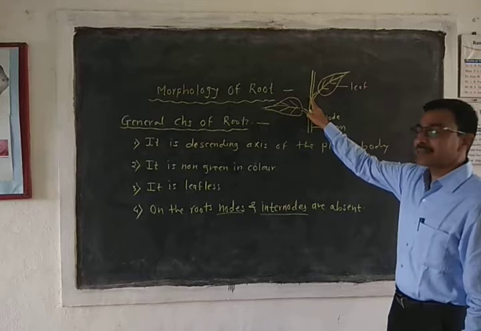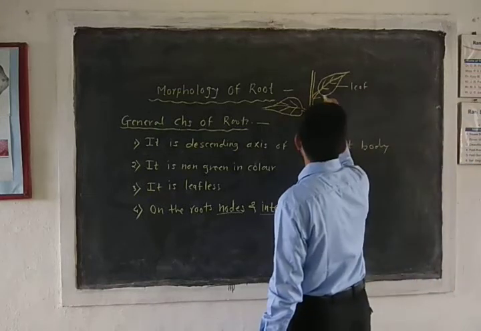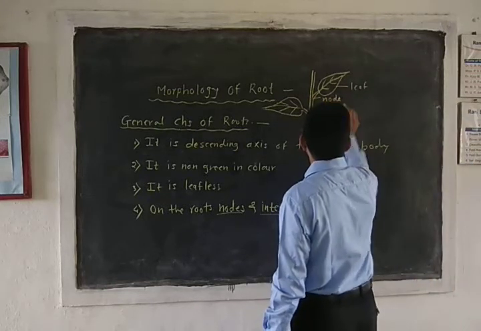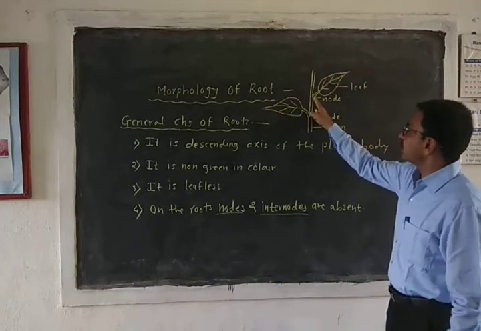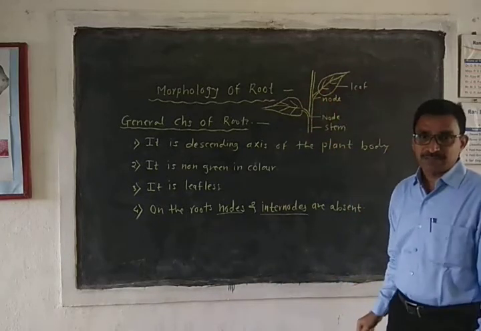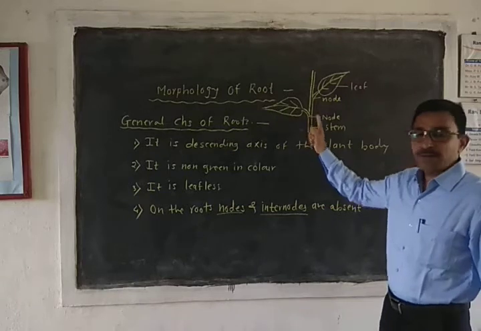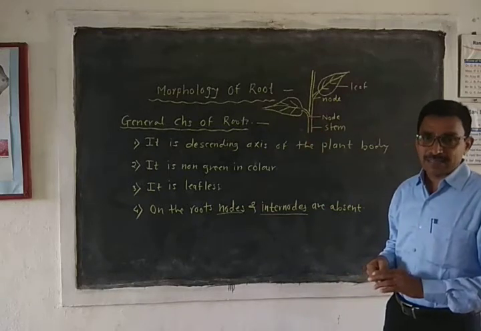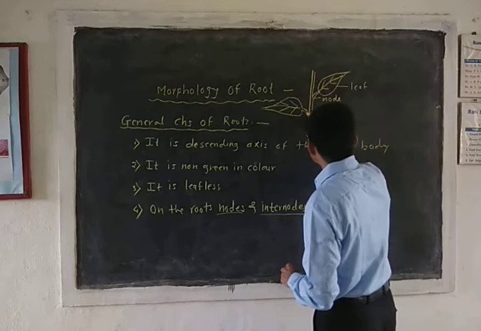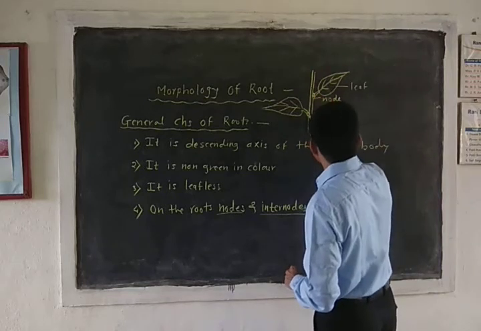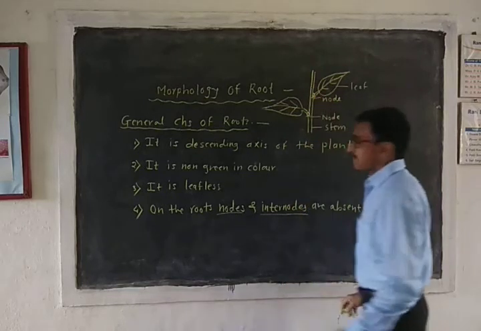मैं हा देखील काय असेल? Node असेल. Correct. This is also node because from here the leaf is arise. The portion of stem from which leaves are arise, from which buds are arise, from which scales are arise, is